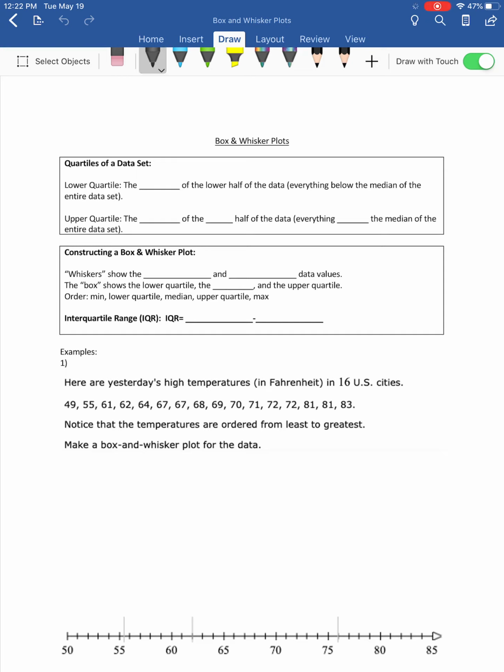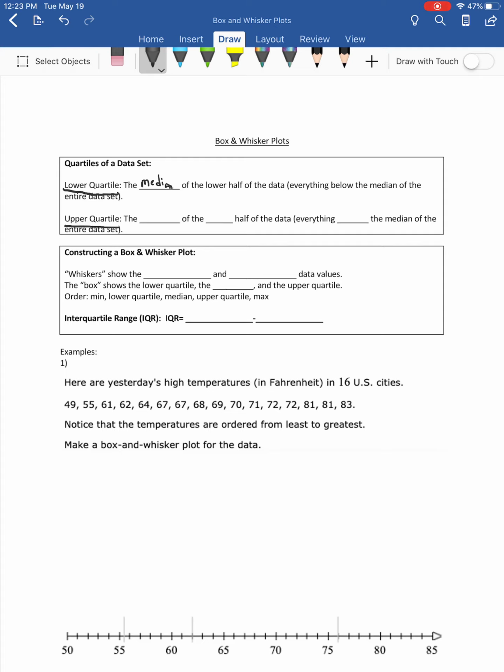Okay, this lesson is about box and whisker plots. A box and whisker plot is a way of showing several important features about a data set on a graph using what's called a box and whiskers, which are really just points. What a box and whisker plot does is divide a data set into a lower quartile and an upper quartile. A lower quartile is just the median